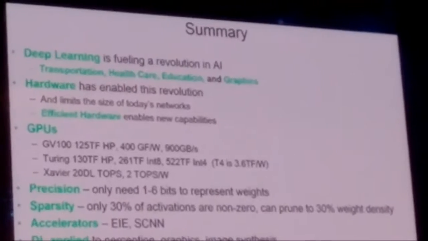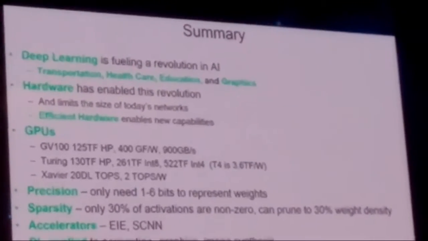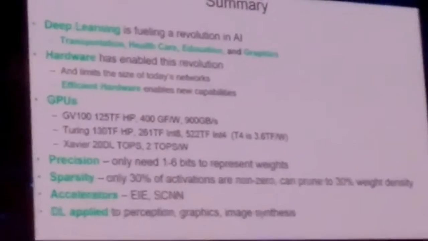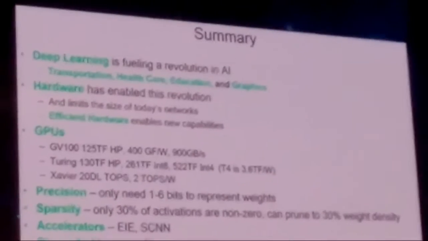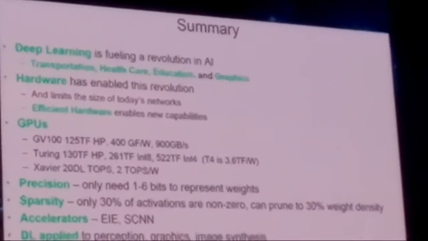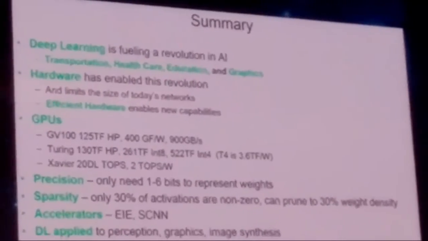And GPUs provide the underlying platform, the base memory system, the programmable core operations into which we can plug in special purpose accelerators, our tensor cores, our ray tracing cores, double precision floating point for scientific computing. And these are currently the most efficient both